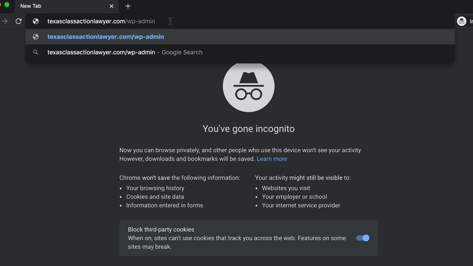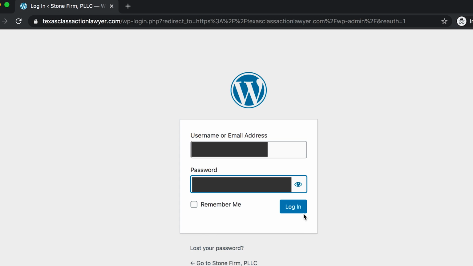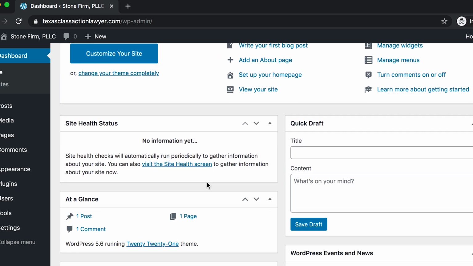Like we talked about, if we go to our domain address /WP-admin like this, that'll take us to the screen we need in order to log in and access WordPress once we close out. The point of me opening up Google Chrome is to open an incognito window, so you know there are no cookies going on at this point in time. When I click enter like I am right now, this requires me to log in. So we want to test out our username and password. Click login, and boom, it worked on the incognito screen on Google Chrome. So the password and username are good to go.